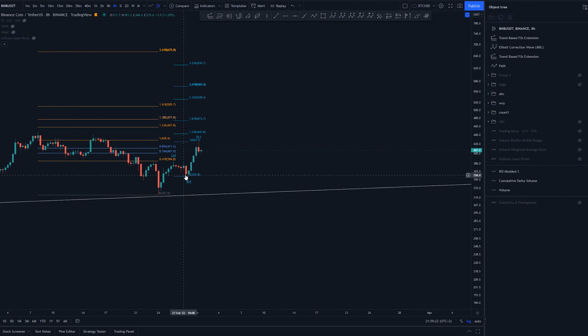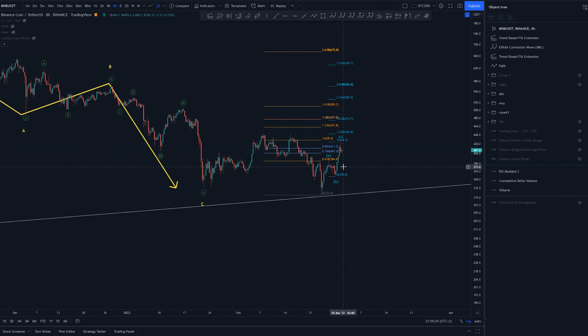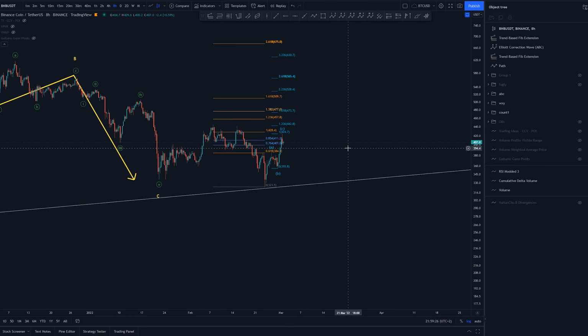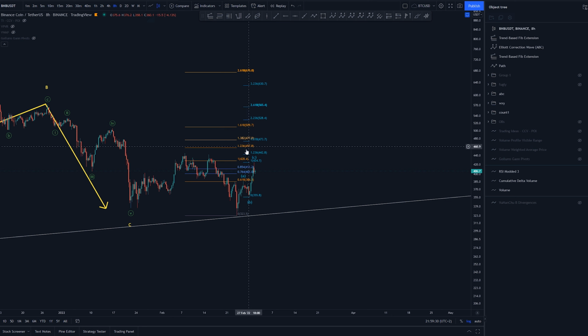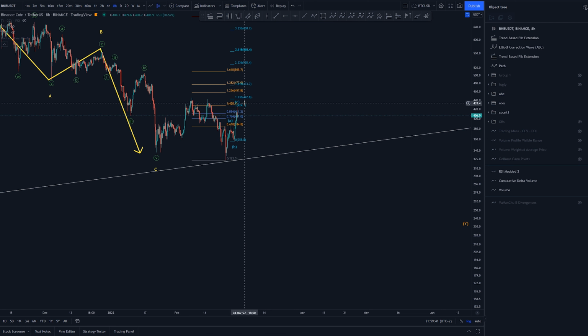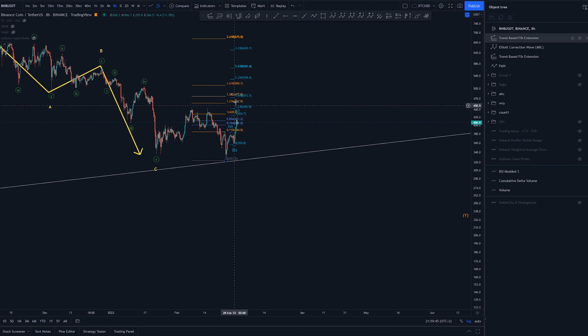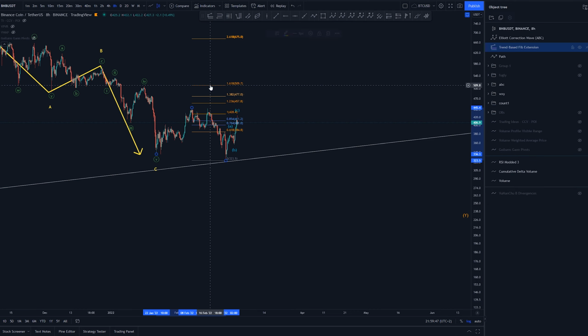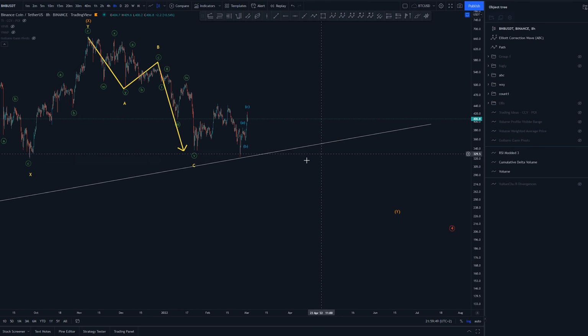1-to-1 of this ABC. So it is possible that we're already going down, but I wouldn't be surprised if we got a bit higher. And there's definitely some resistance there. There's an order block here. So resistance to come at least later on. Now, if we are saying that this is the end here,